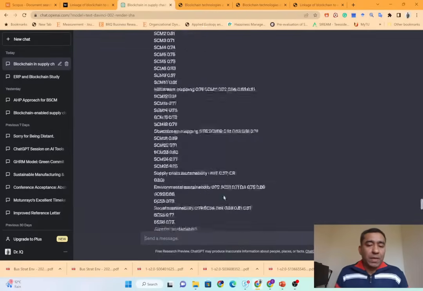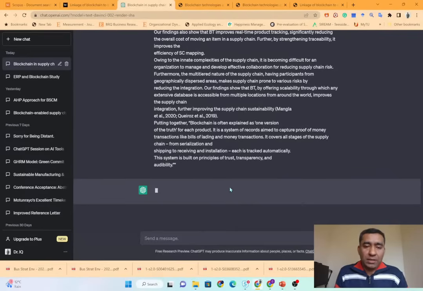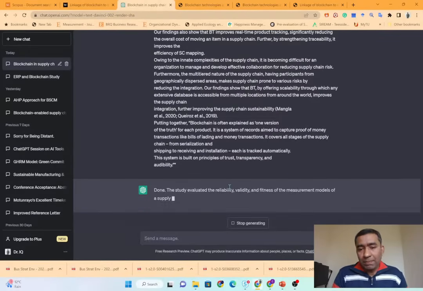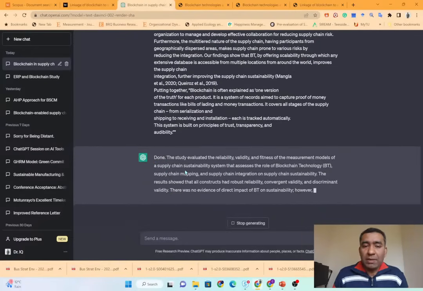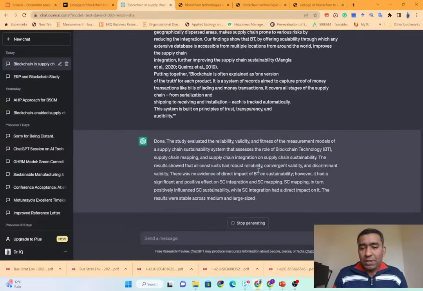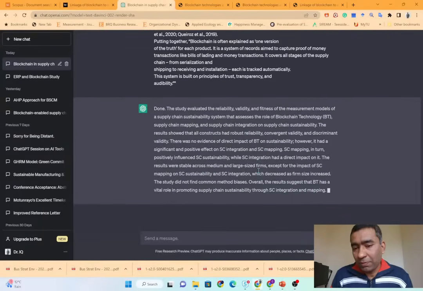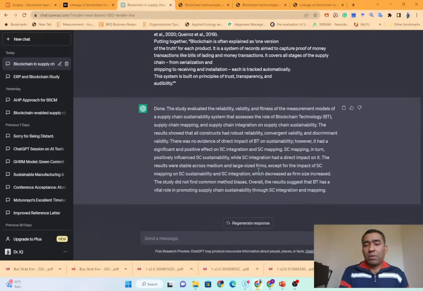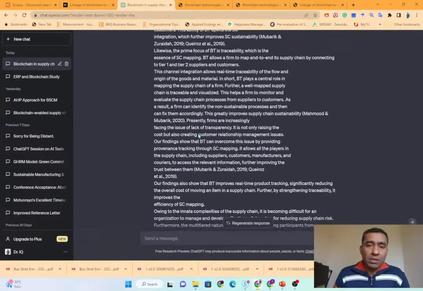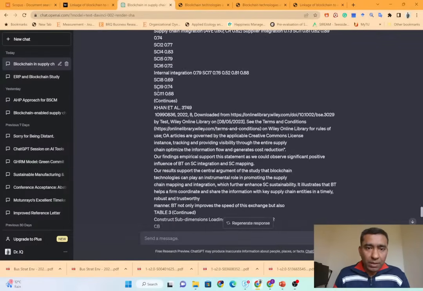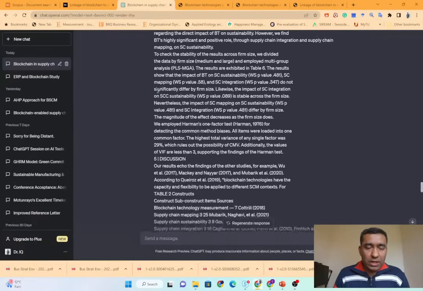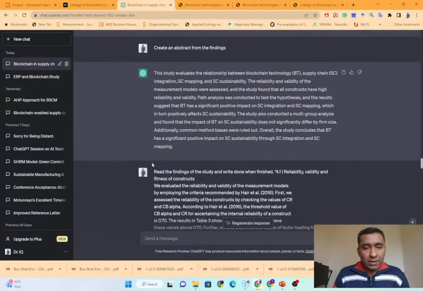Okay, so I asked the system to read and just type done when it is done. But you can see that the system already said done, but at the same time it wrote a lot of summary and different information. So I don't need that information. I want Chat GPT to just write done. So in my understanding, I can execute the same command again, but